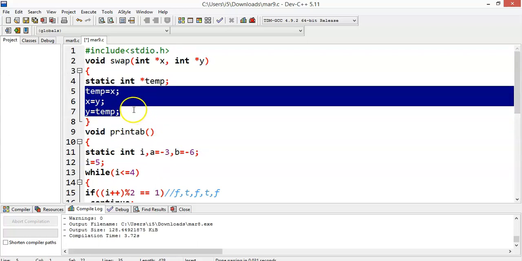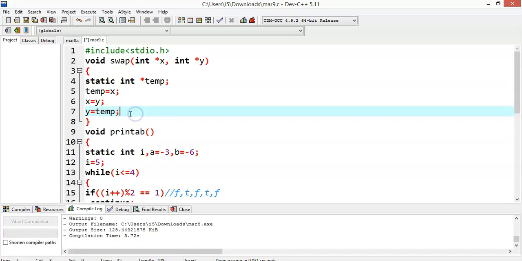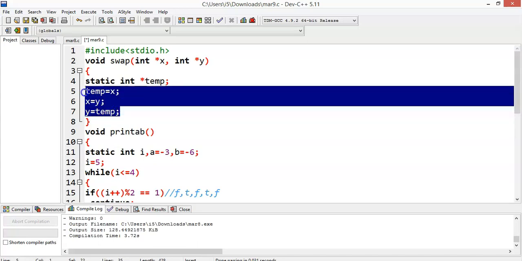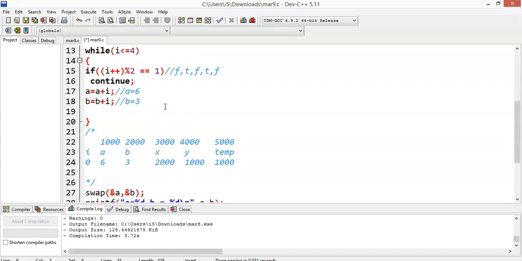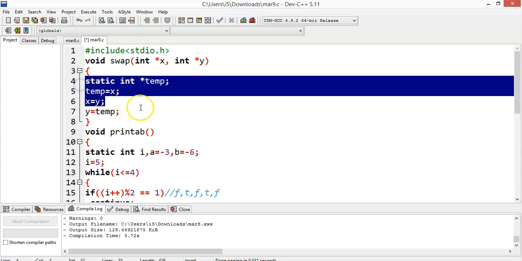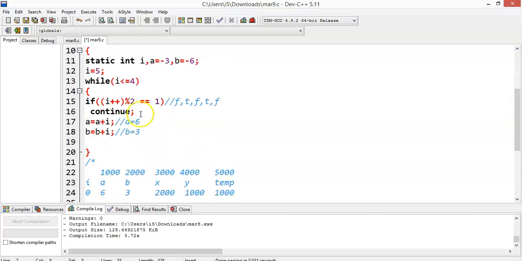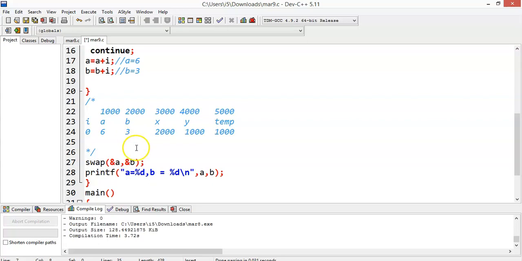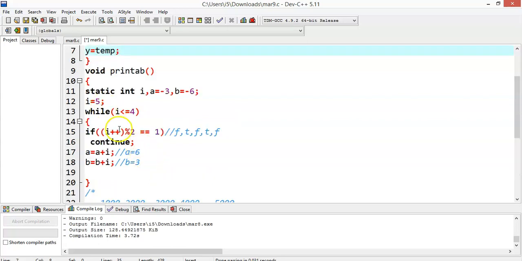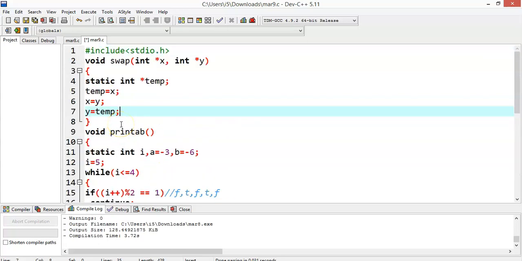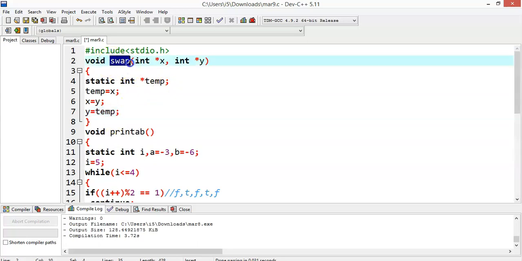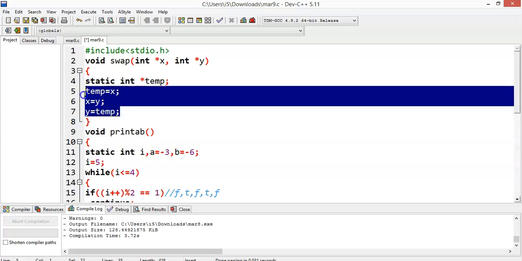So the catch here is that you should be aware of whether you are swapping addresses or whether you are swapping pointers. This will not affect the data, this will not affect the values a and b. So even if you execute this function, there is no use at all, a value and b value remain unaffected. But why have they given this? Because they need to confuse you, so that by seeing the name swap, in panic you may be swapping x and y, a and b.